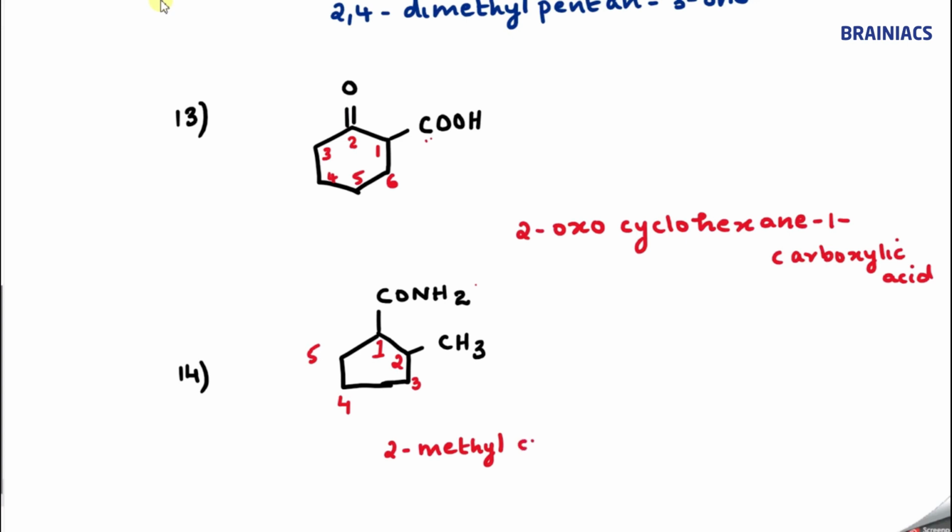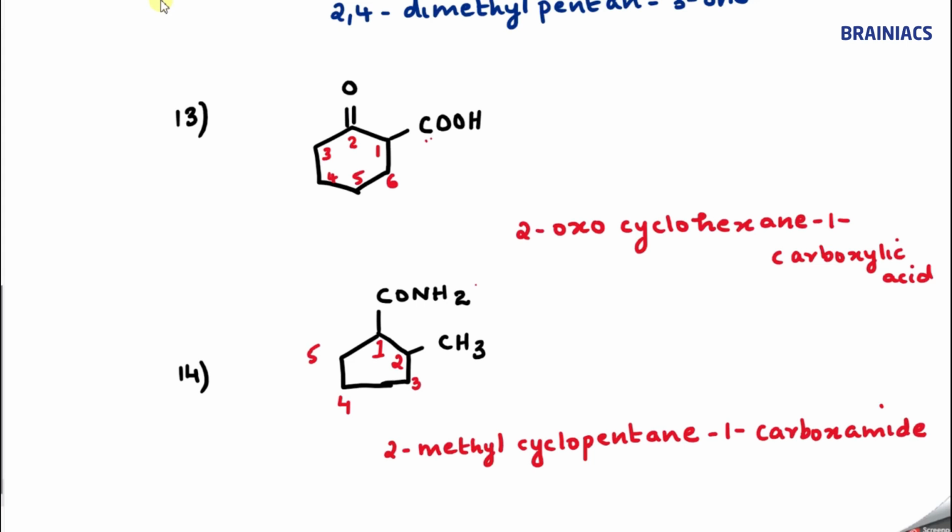Then 1 degree prefix is applicable since it is a cyclo compound. Parent chain is a cyclo. We use the term cyclo. And word root 5 carbon atoms. So we use pent, correct? And they are linked through single bond. So we use pentane. E is present because the functional group is present outside the ring. Okay, pentane 1. So tell me what is the amide group. For amide, normally if carbon atom is included we use amide, but if carbon atom is not included, what is the term we use? We use the term carboxamide. Please look at the priority table. So this becomes carboxamide. So my answer is 2 methyl cyclopentane 1 carboxamide.